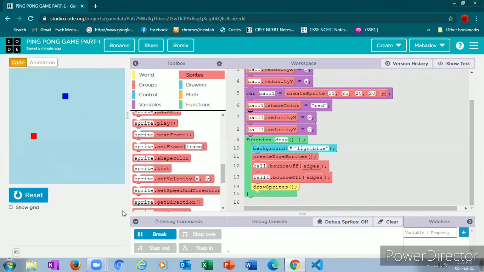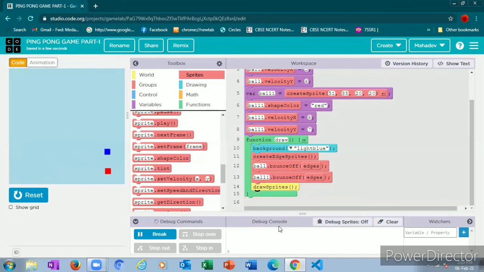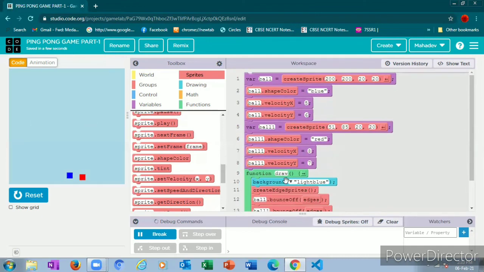The main basic thing you must understand is that you must place draw sprites over here only. If you place it here, it won't work. See, nothing is appearing except the background color. We must place all the things in the correct manner. So up to here we have cleared all the things.